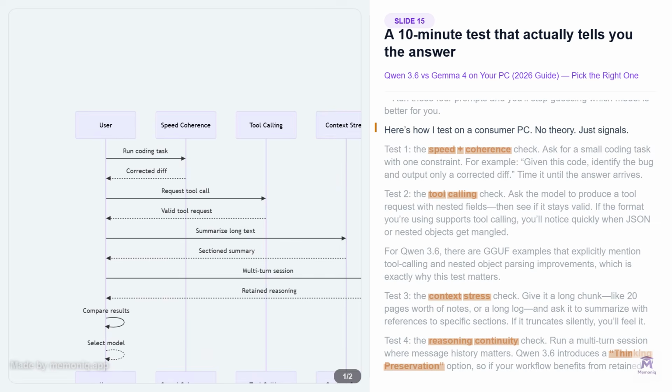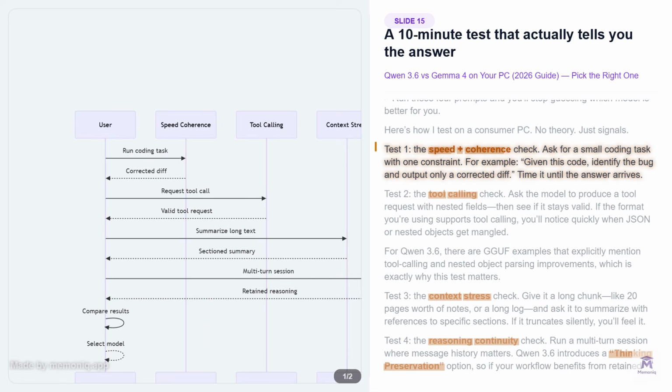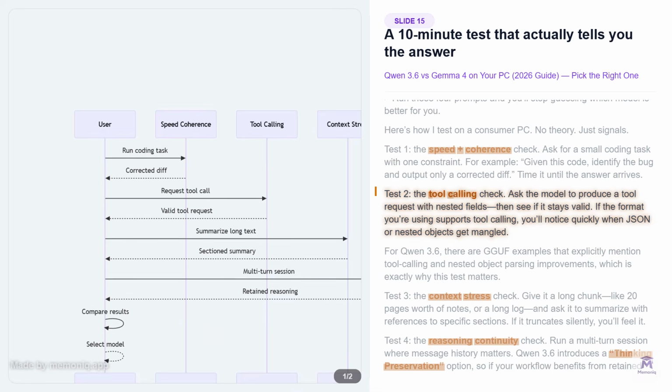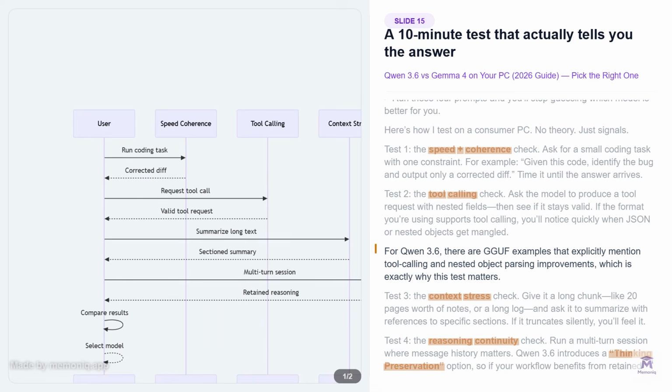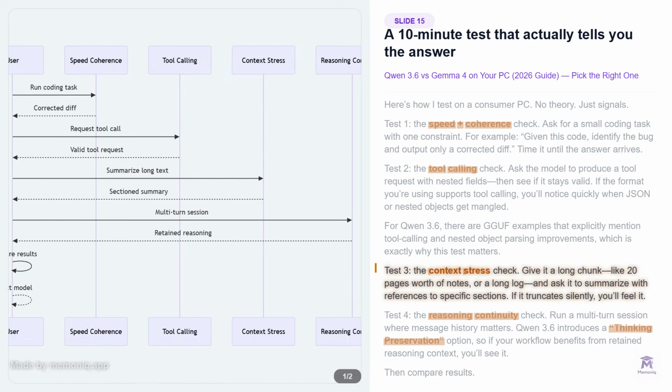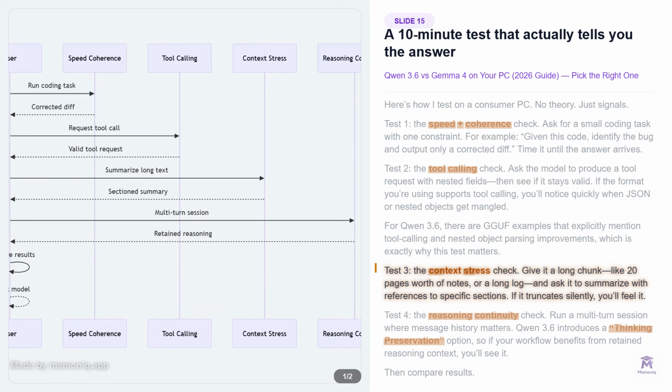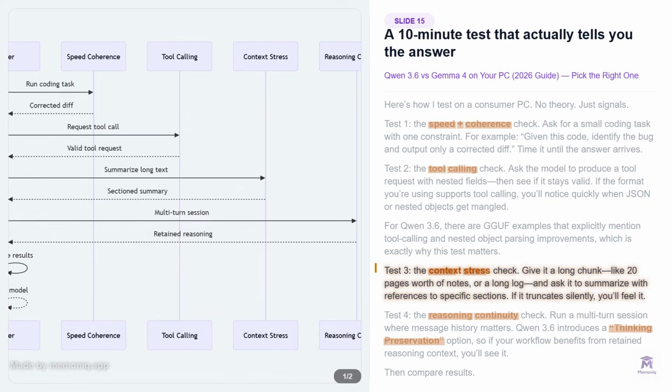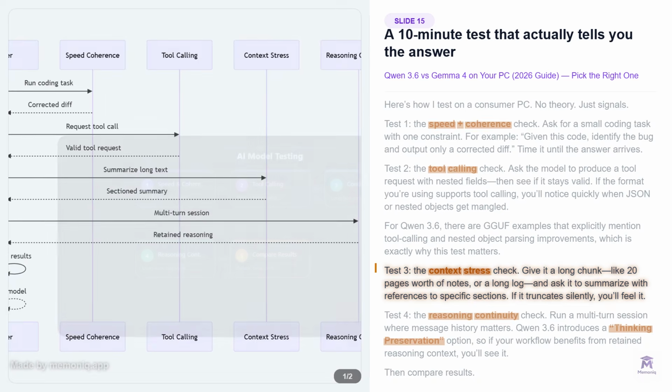Ask for a small coding task with one constraint. For example, given this code, identify the bug and output only a corrected diff. Time it until the answer arrives. Test 2, the tool calling check. Ask the model to produce a tool request with nested fields, then see if it stays valid. If the format you're using supports tool calling, you'll notice quickly when JSON or nested objects get mangled. For Qwen 3.6, there are GGUF examples that explicitly mention tool calling and nested object parsing improvements, which is exactly